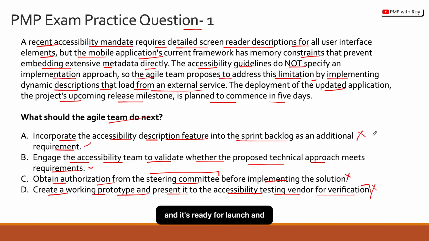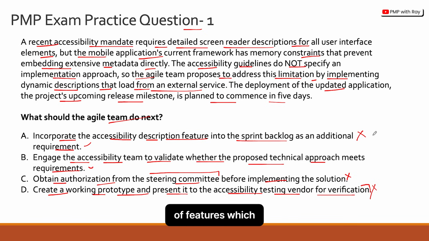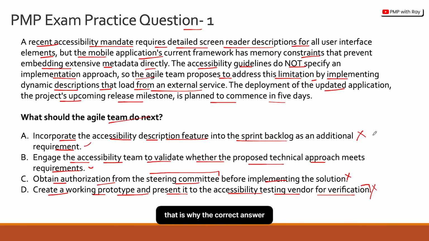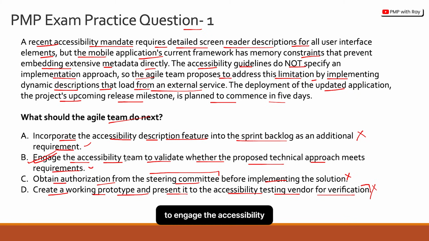and it's ready for launch, and suddenly the accessibility team says that, you know what, this is something which we don't agree with, and we are the subject matter experts for this kind of features which need to be included as part of the application, and without our approval this feature is not going into the market. So then you are stuck, right? And that is why the correct answer to this question is option B, which is to engage the accessibility team